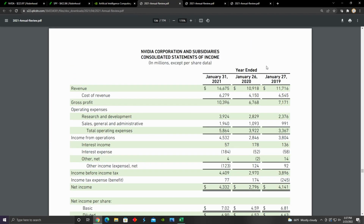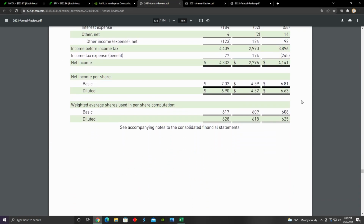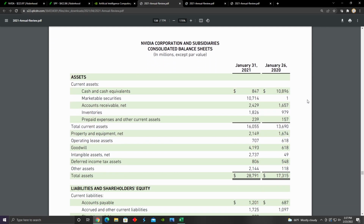And so the next financial statement that I'm going to look at is their balance sheet. And if I scroll down here a little bit, we can see their balance sheet. And right here, we can see something pretty interesting, which is how much money they actually invested into marketable securities in 2020. And we can see they had about $10.8 billion of cash on their balance sheet as of January 26th, 2020. But as of January 31st, 2021, they had almost no cash on their balance sheet anymore,